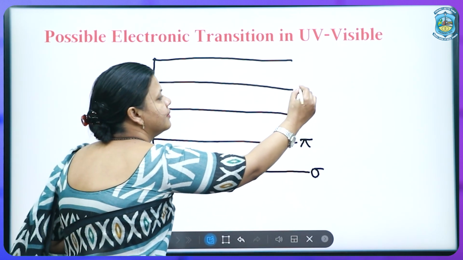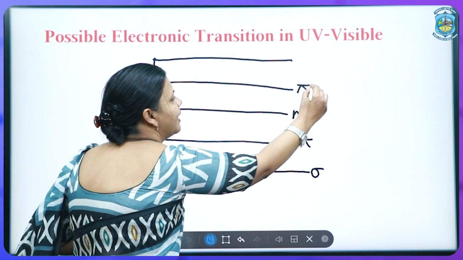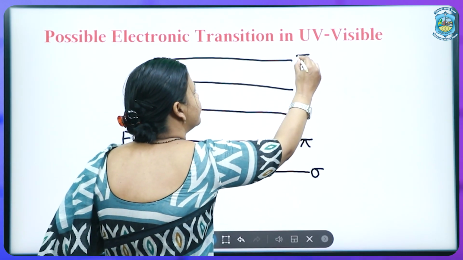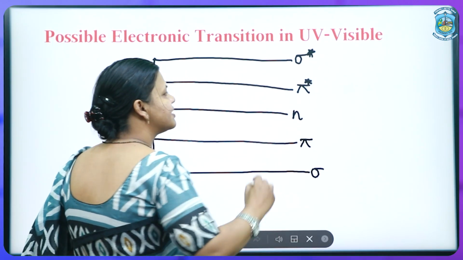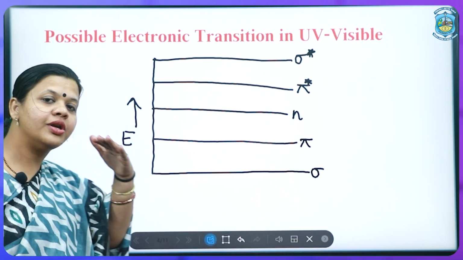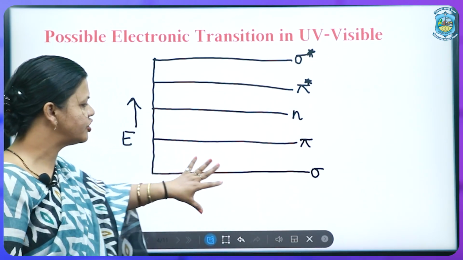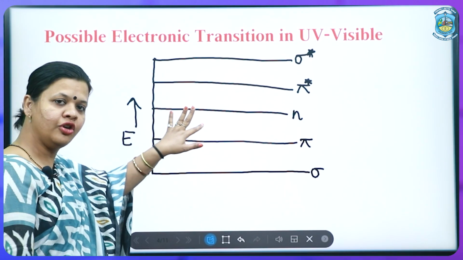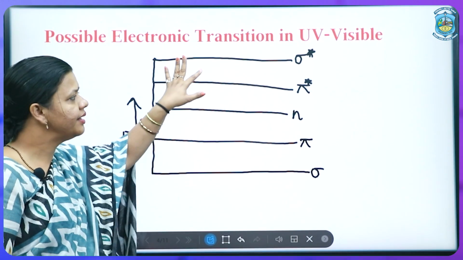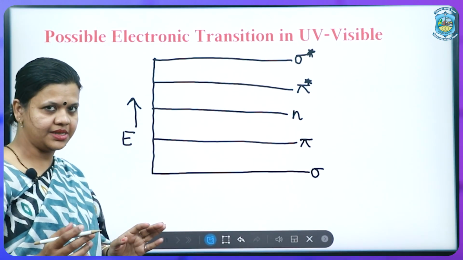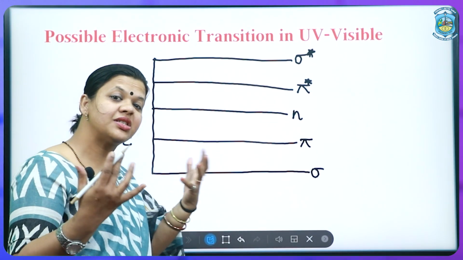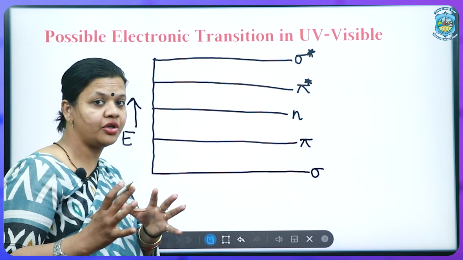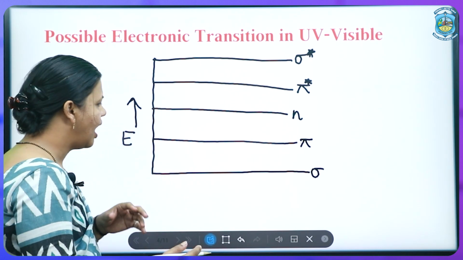non-bonding, pi star or anti-bonding, and sigma star or sigma anti-bonding. So in terms of increasing order of energy, it is sigma, pi bonding, non-bonding, pi anti-bonding, and sigma anti-bonding orbitals. And so possible electronic transitions that can occur on irradiating a molecule by the UV visible radiation are,